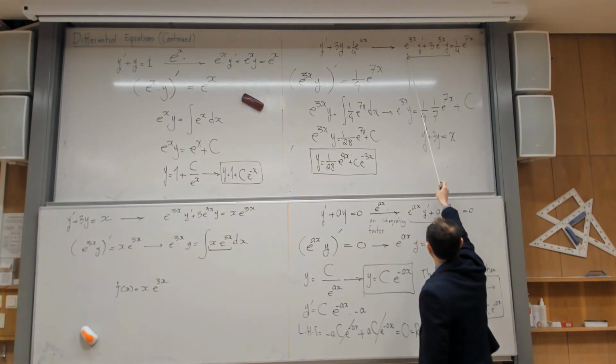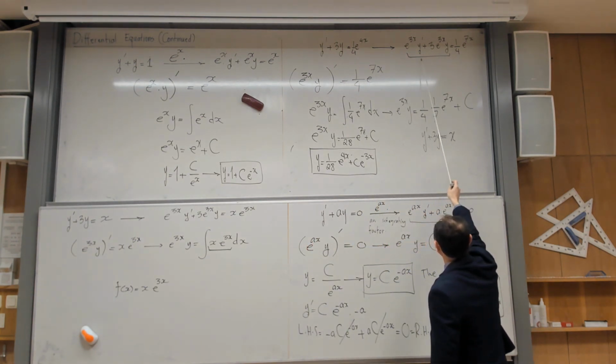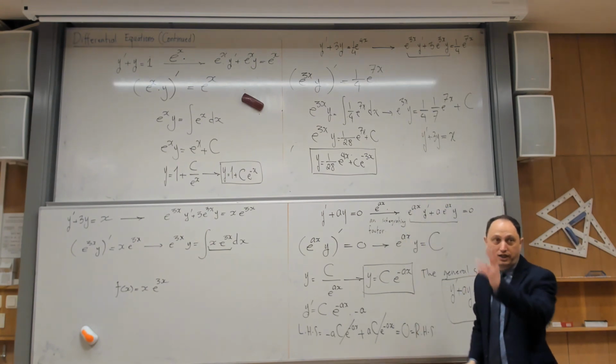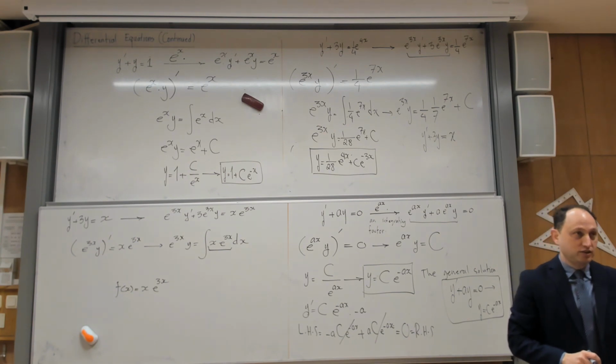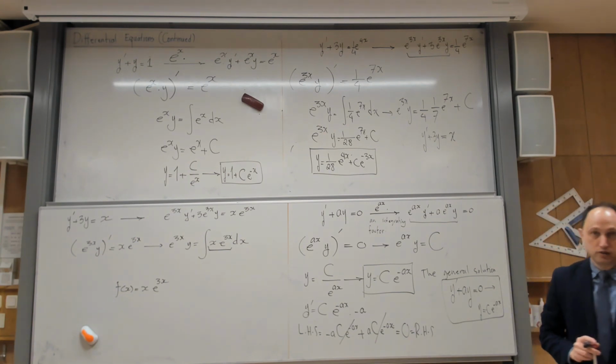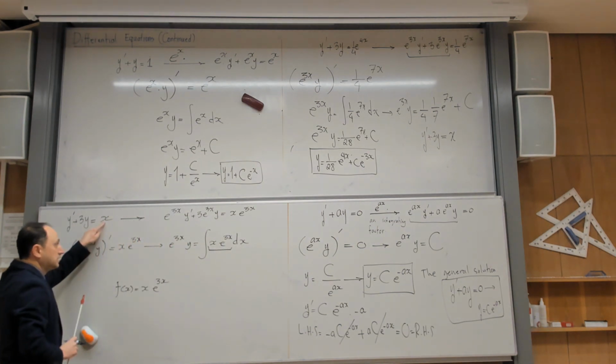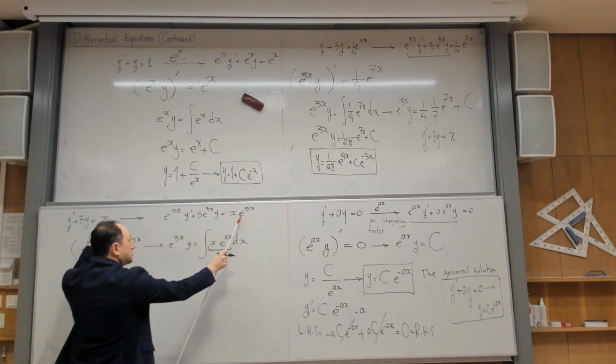When I multiplied it by e to the power of 3x, that e to the power of 3x was absorbed in e to the power of 4x and made me an exponential function, and I know a primitive function for exponential functions. But in this problem, because I have x on the right, when I multiplied it by my integrating factor,